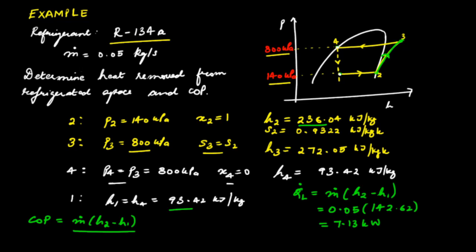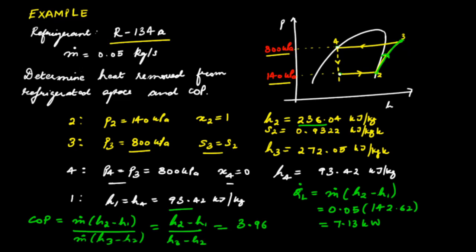So the compressor is adiabatic and operates reversibly. So the rate of work input to the compressor from the first law is m dot H3 minus H2. Therefore, the COP is H2 minus H1 over H3 minus H2. So if you plug in these values, because we know all these enthalpies, you will get this to be